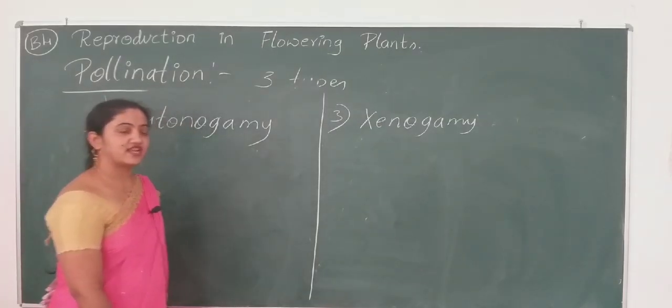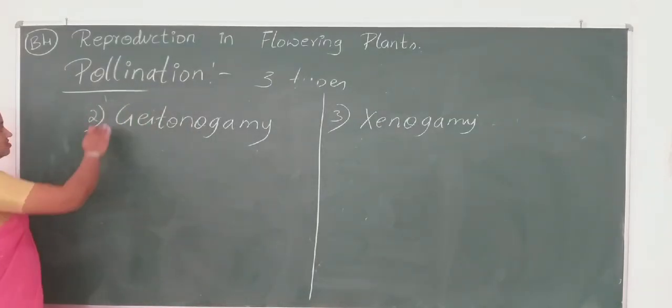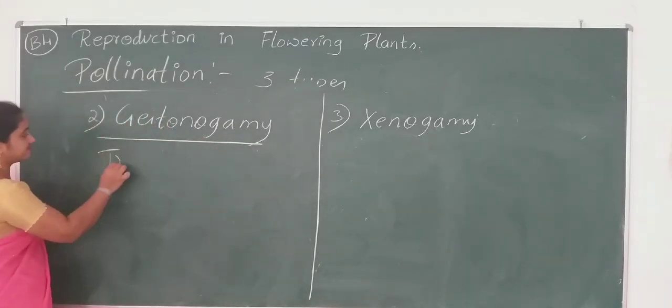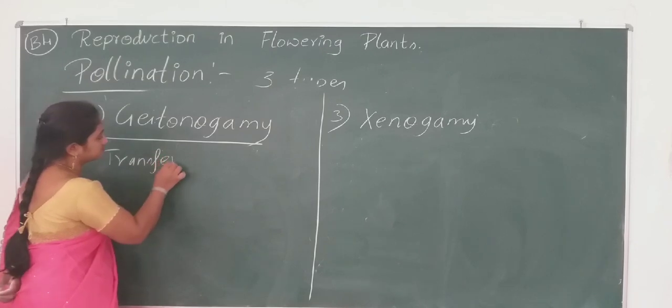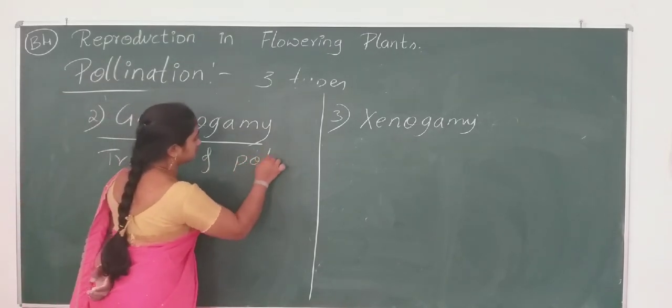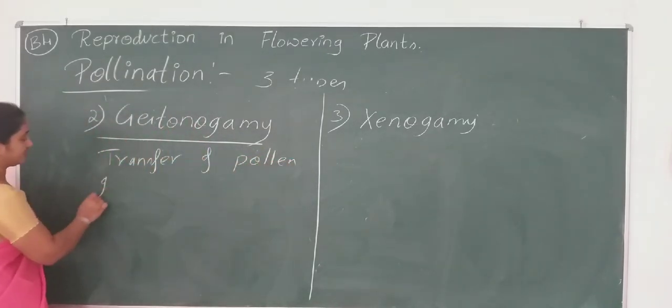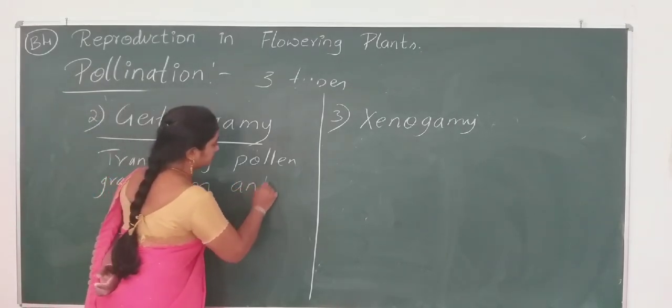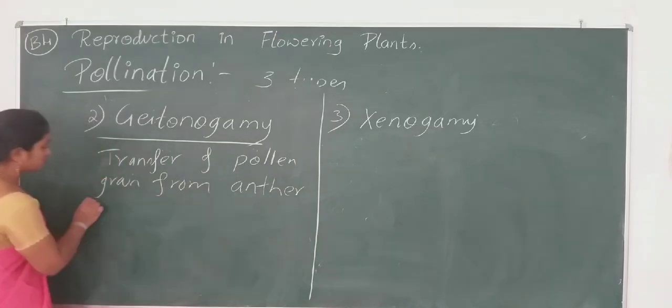So we are in the second type of pollination. In this type of pollination, here is the transfer of pollen grain from anther to stigma,